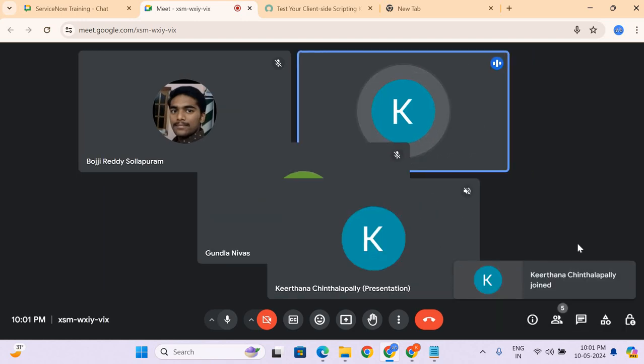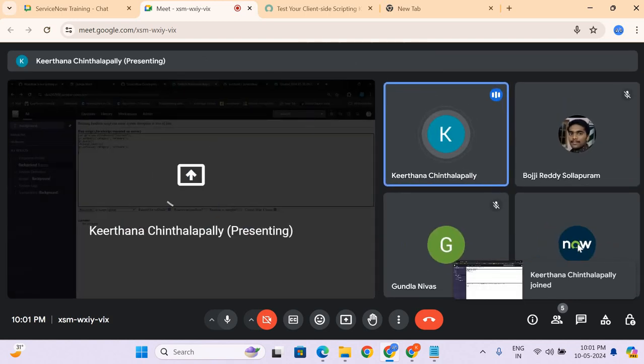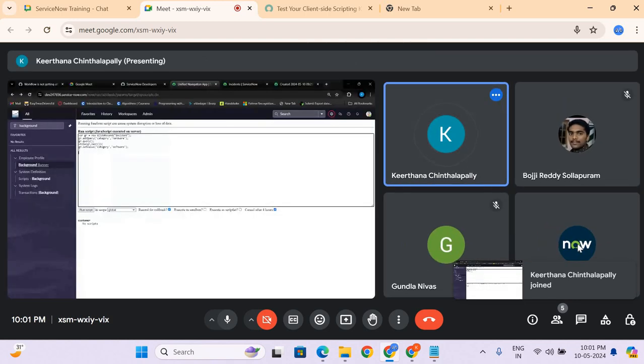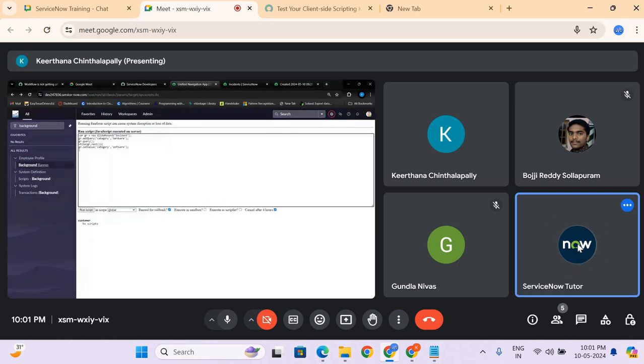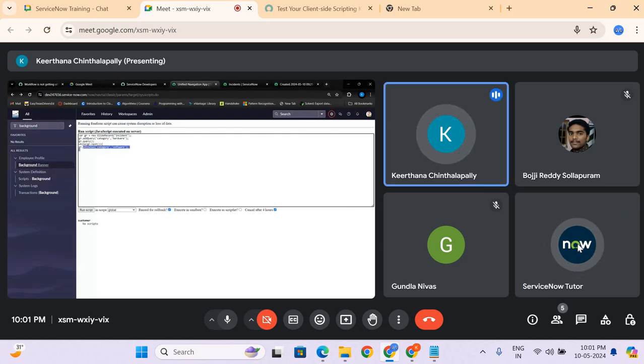So I just googled "set value." I thought this would work, but it did not work. Here we have to see the GlideRecord methods. So you can just remove that. When the regular set value assignment will be used,